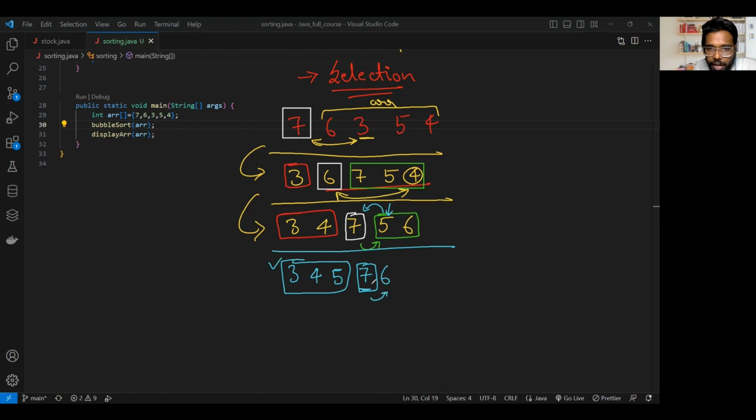So finally we are comparing and we get to know that this is the largest. So we are swapping. So again, from this, the final result will be 3, 4, 5, and here it will be 6 and 7. Yeah. So that's it. So if we see now how many times swapping occurs, like if you compare to bubble